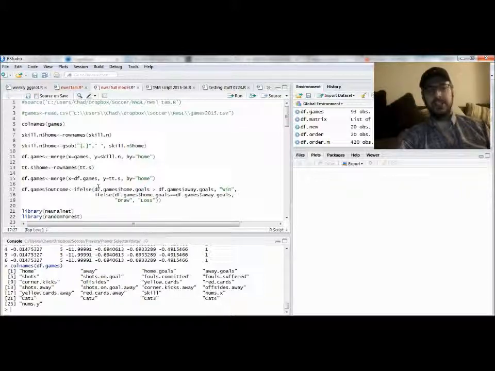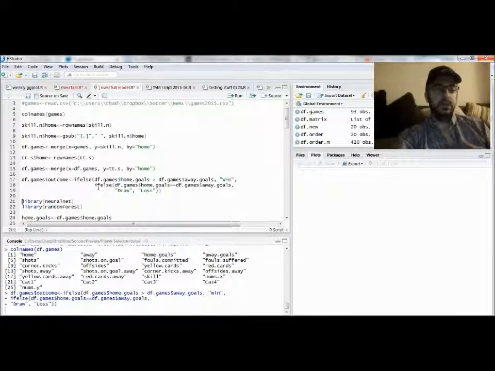Looks convoluted, but the logic is simple, right? If the home team scores more than the away team, it's a home win. If they score the same goals, it's a home draw. If they score less goals, it's a home loss. Run those real quick, and we get our final